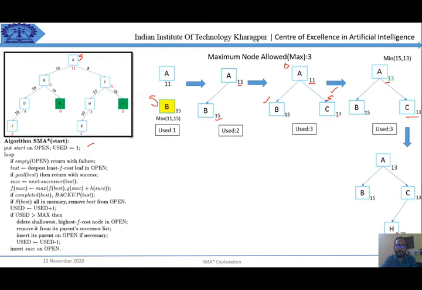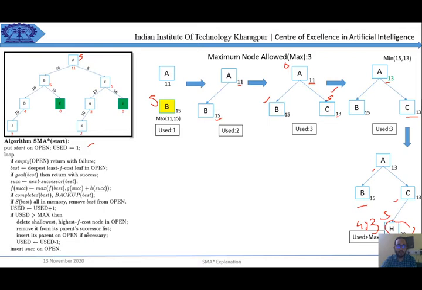So I have taken the F value of F1 as 28. At this point, the U has been incremented and U is equal to 4. And at this point of time, this U is greater than or equal to 4 because 4 is greater than or equal to 3. So this has been executed. And among these three, it seems that 28 is the highest one. But right now, 28 is not there in the open list. Only A, B, and C are in the open list. 28 has just been added as a successor.